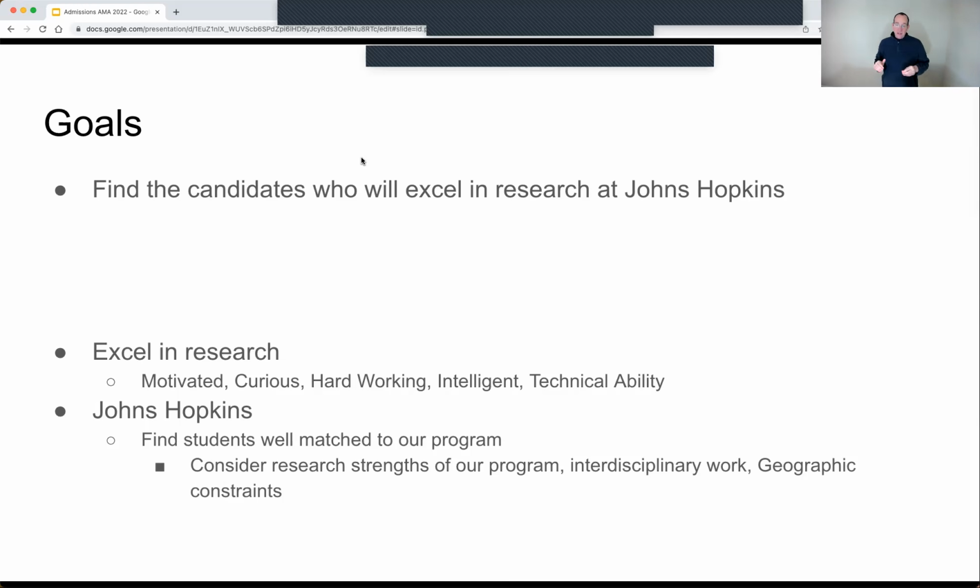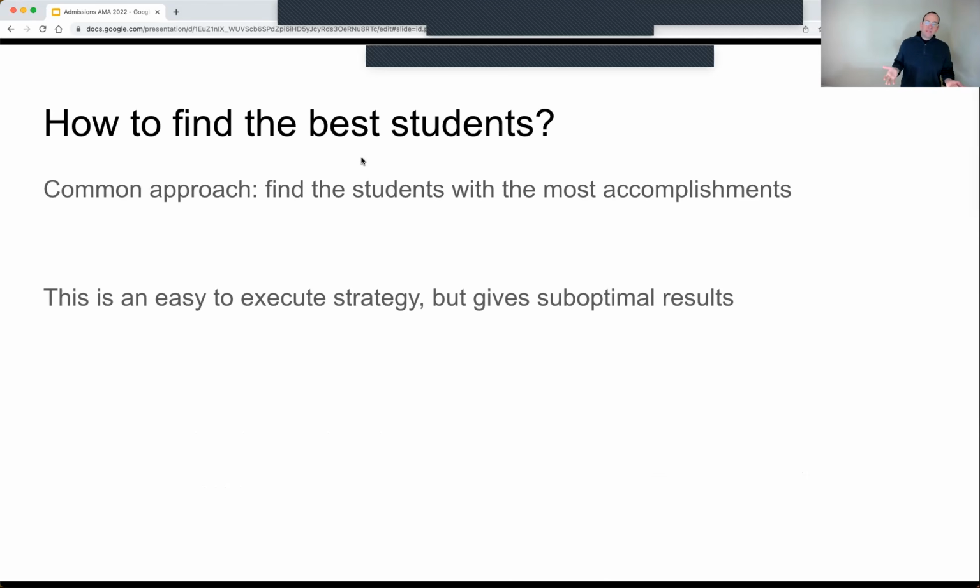And so it's definitely true, this happens every year, that we get applications from excellent candidates who we know will be accepted into many top programs, and they do not get an offer from us because we do not think they would excel at Johns Hopkins. Okay, so we really take that part seriously. We want people who will do well in our program. It doesn't do you any service or us any service to bring you here if this is not a good fit for you.